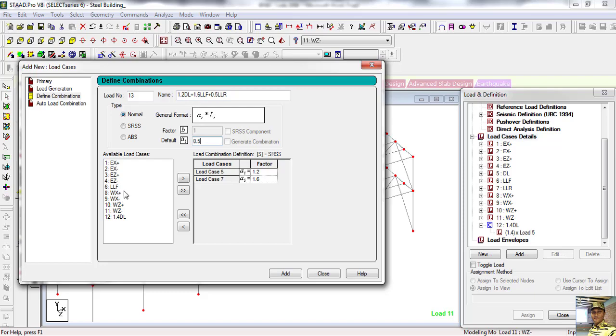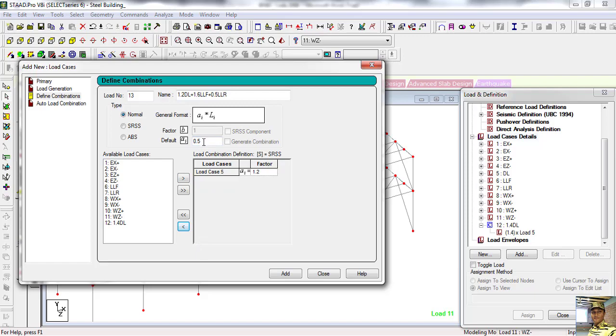So live load floor, so I have one mistake here, that is live load roof, and this is our live load floor. So select this one, and now see, once again I have a mistake, so this one.